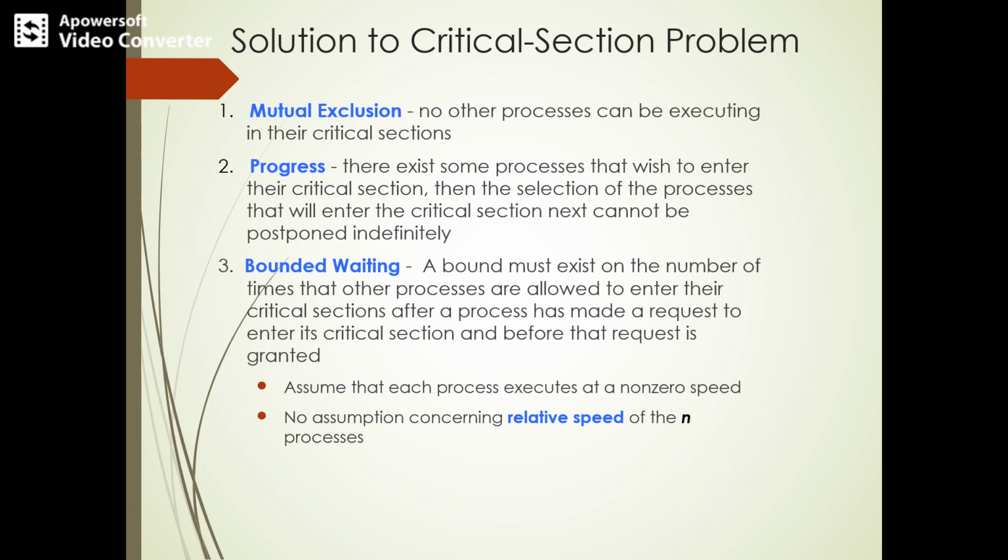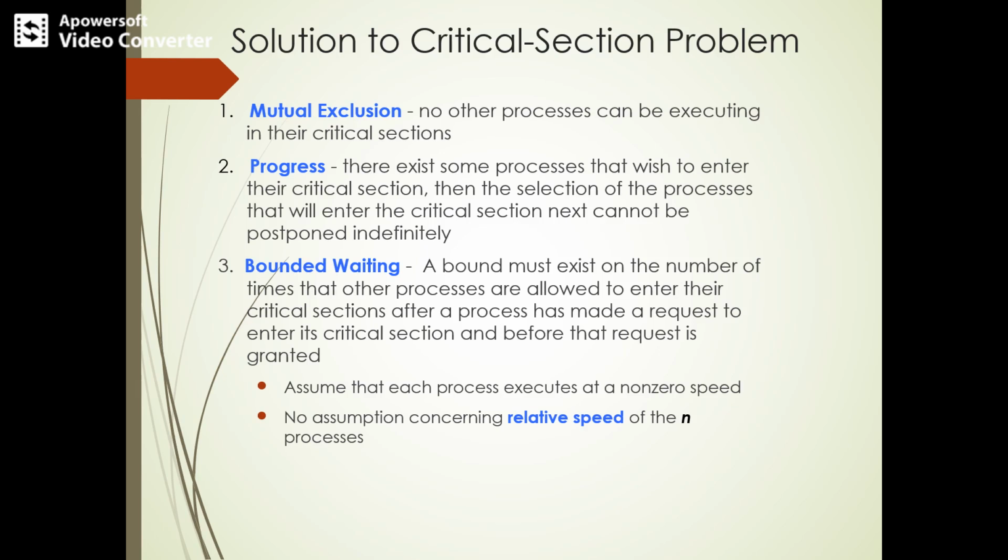What is mutual exclusion? If there are two processes Pi and Pj, and process Pi is executing in the critical section, then Pj should not come and execute in the critical section. Only process Pi should be in the critical section, and no other process must be executed in it.